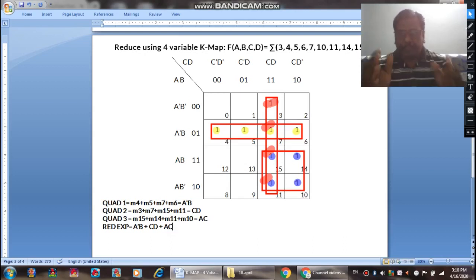For a 4 variable K-map, you have to create a grid of 4 cross 4, with a diagonal sketched in the top corner, in the same order, 2 variables on the left and 2 variables on the right. Fill the gray code. For the gray code you have to write the minterms because we are working on SOP. In each cell you have to fill the cardinal numbers, which are the same in all the K-maps. Then you have to plot one and then try out the grouping. Make sure that none of the groups is redundant.